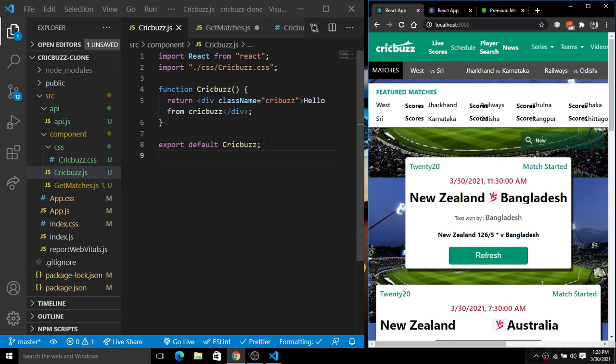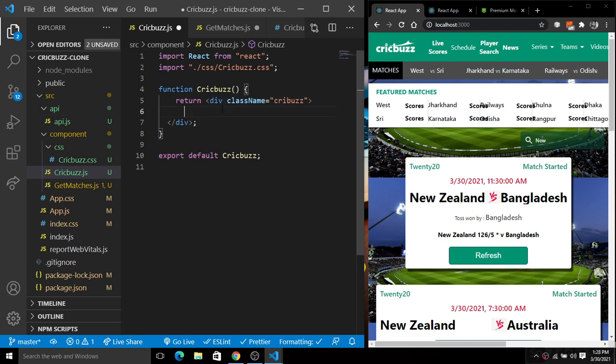So how will we do this? We have this quick buzz here. I'm going to get rid of this hard coded text here, and inside of this I'm going to create another div, give a class name quick buzz header.